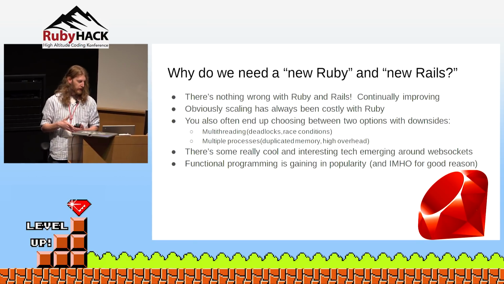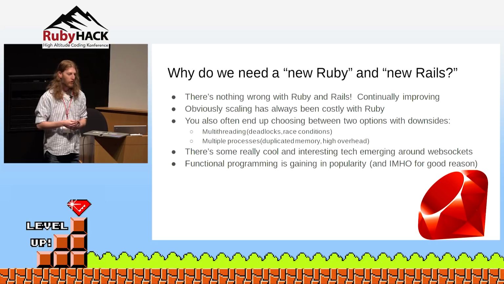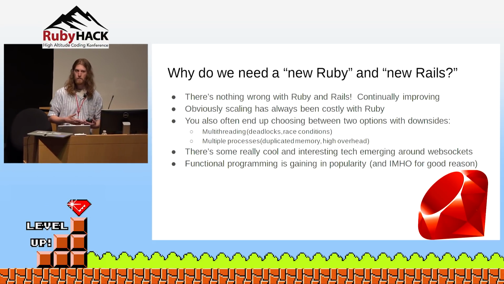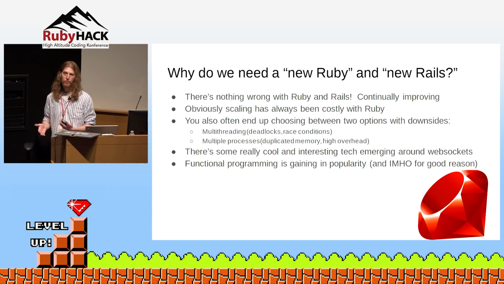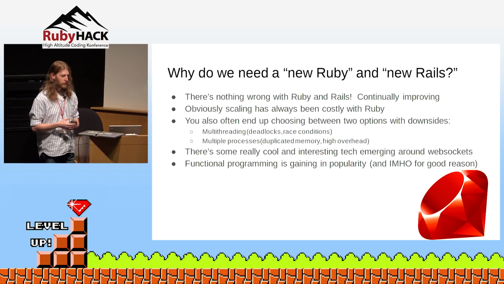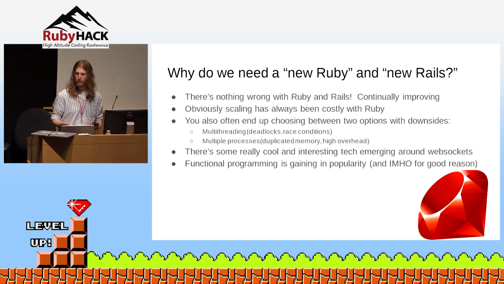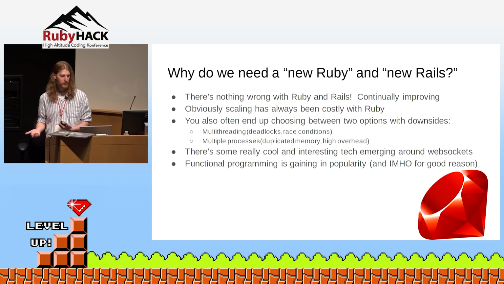With Ruby, when you're trying to scale horizontally, or at all really, you also end up choosing between essentially multi-threading or multi-process. And for true horizontal scalability, you have to be multi-process, and for any high availability, you do as well. But both of those have